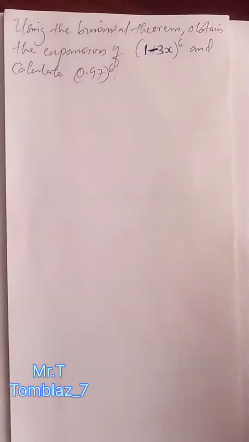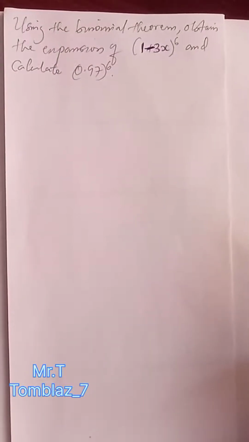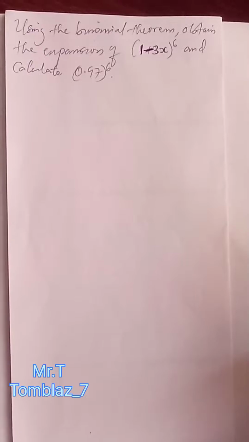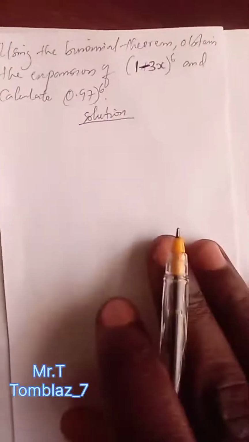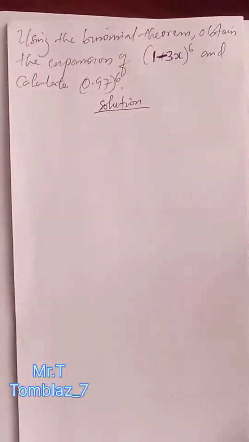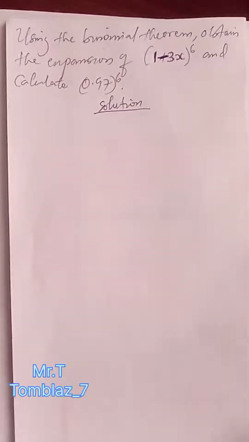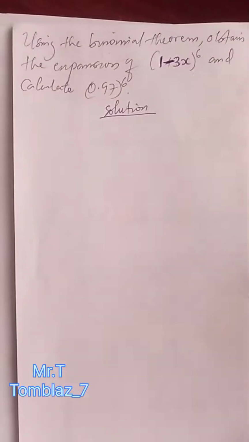Hello and welcome back. This question says we should use the binomial theorem to obtain the expansion of (1 minus 3x) raised to the power 6 and calculate 0.97 raised to the power 6. So, solution. Now in binomial expansion, you can use combination, you can use the binomial theorem formula, you can even use